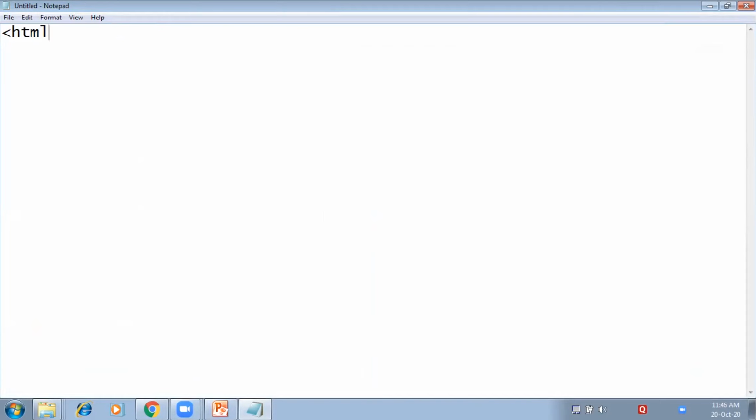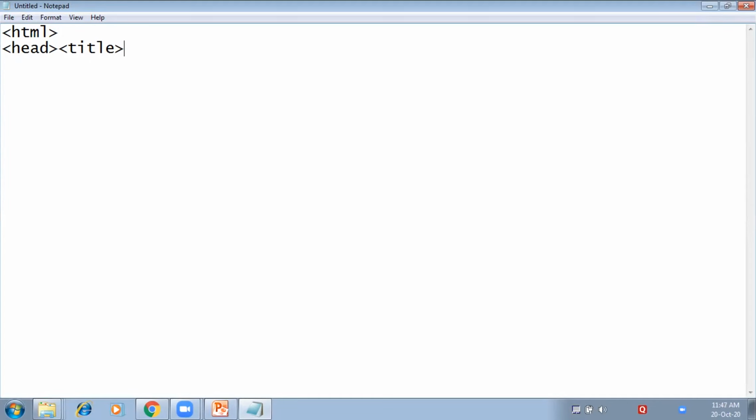So the first tag will be HTML, then in the next line you will write head, then title. Most of the time we don't write anything inside the head tag, and in the title tag we write the content which we want to display at the top of the browser as the title of the browser.